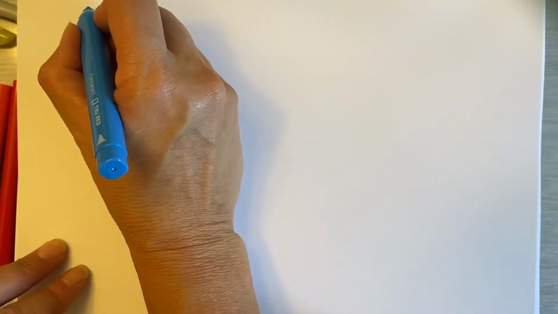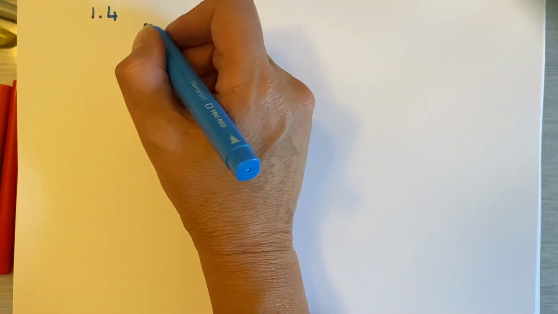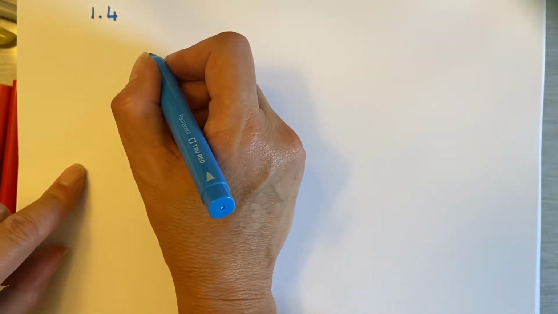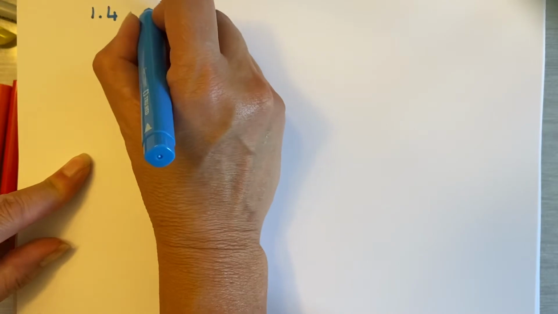There are 4 examples to go to finish 1.4. So we just got started, but I'm going to go through examples 2 and 3 pretty fast and really concentrate a bit more on 4 and 5, the multi-step problems. So example 2